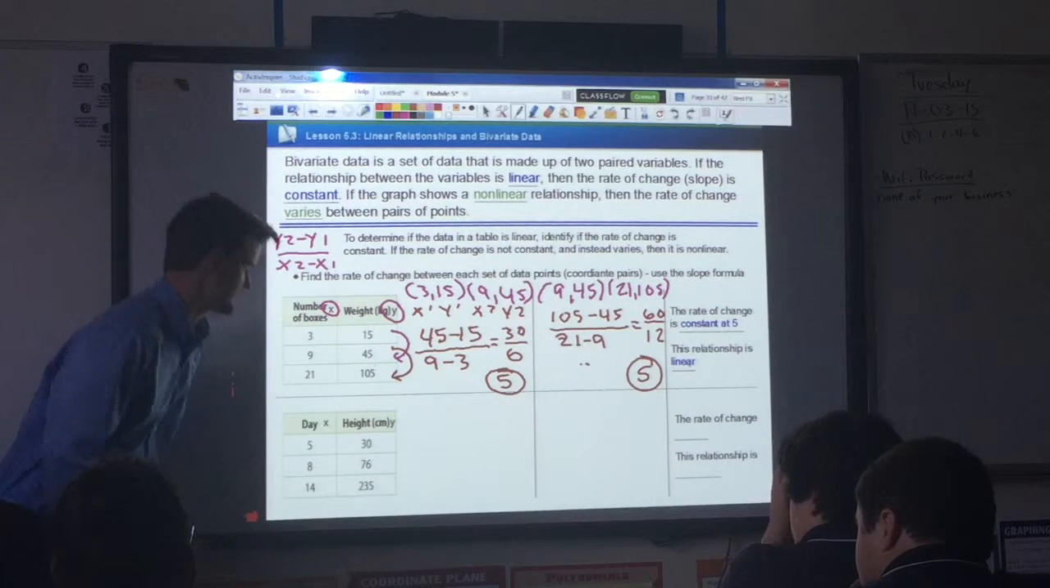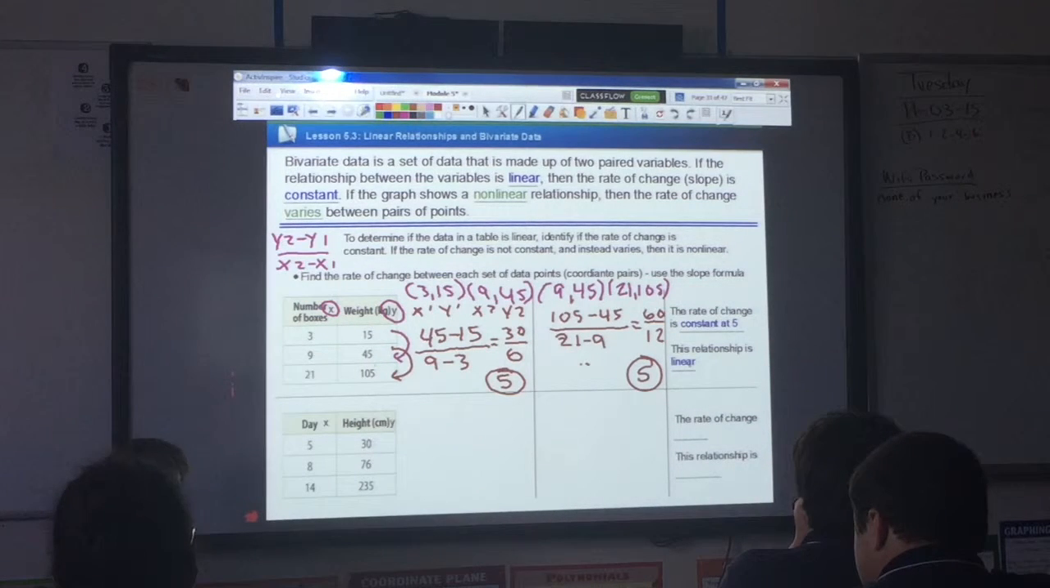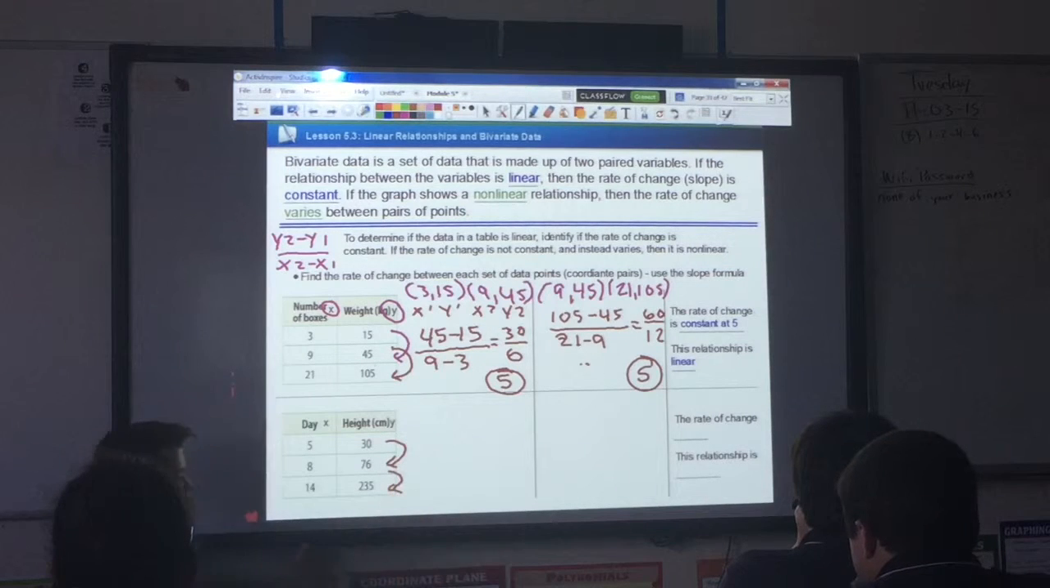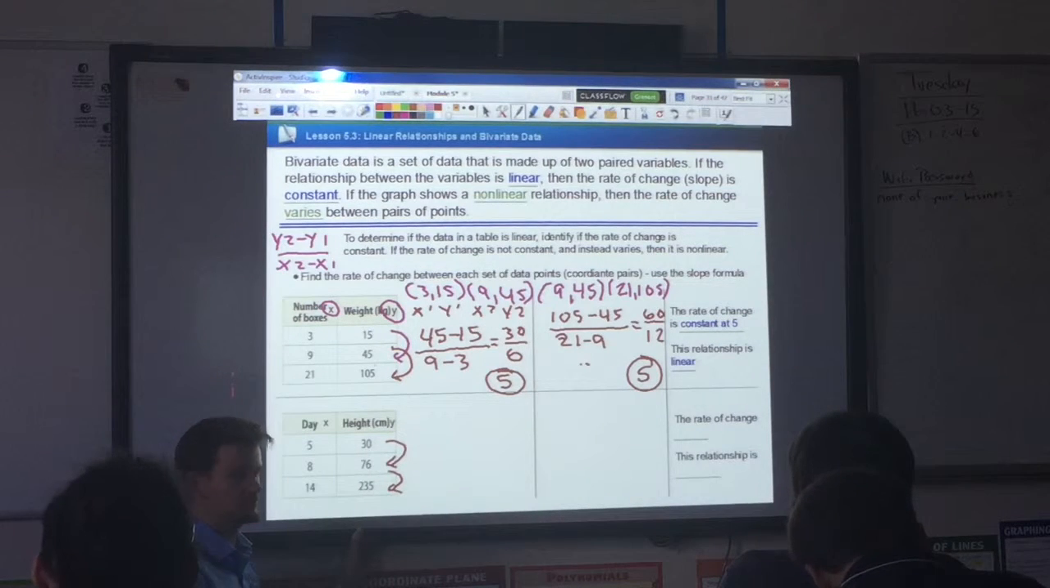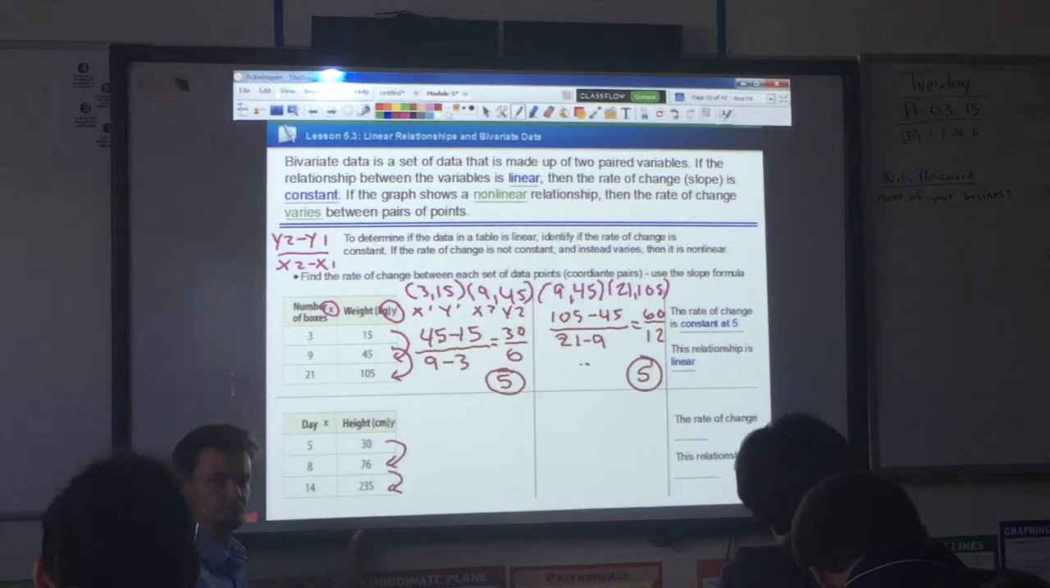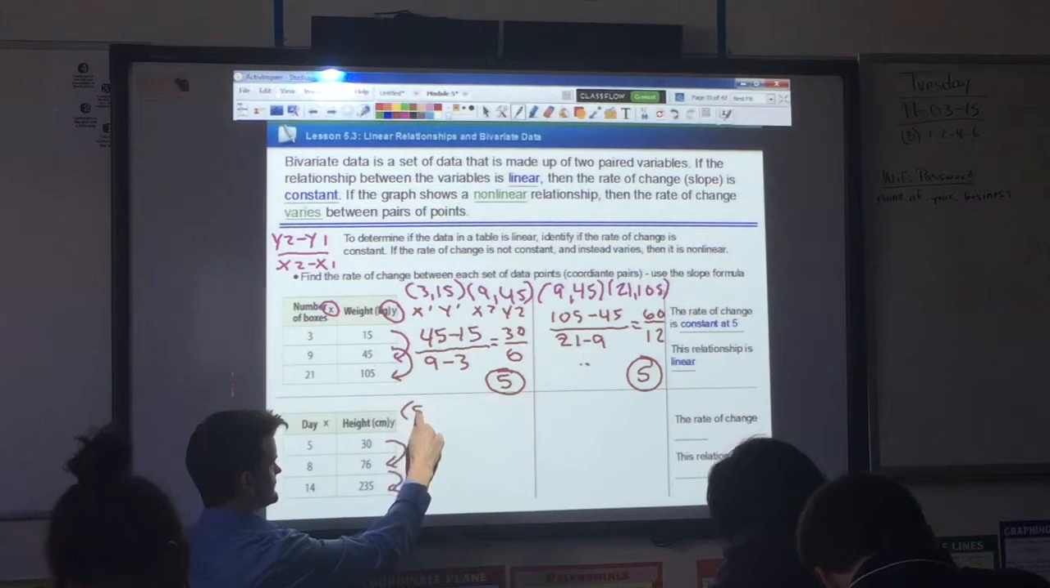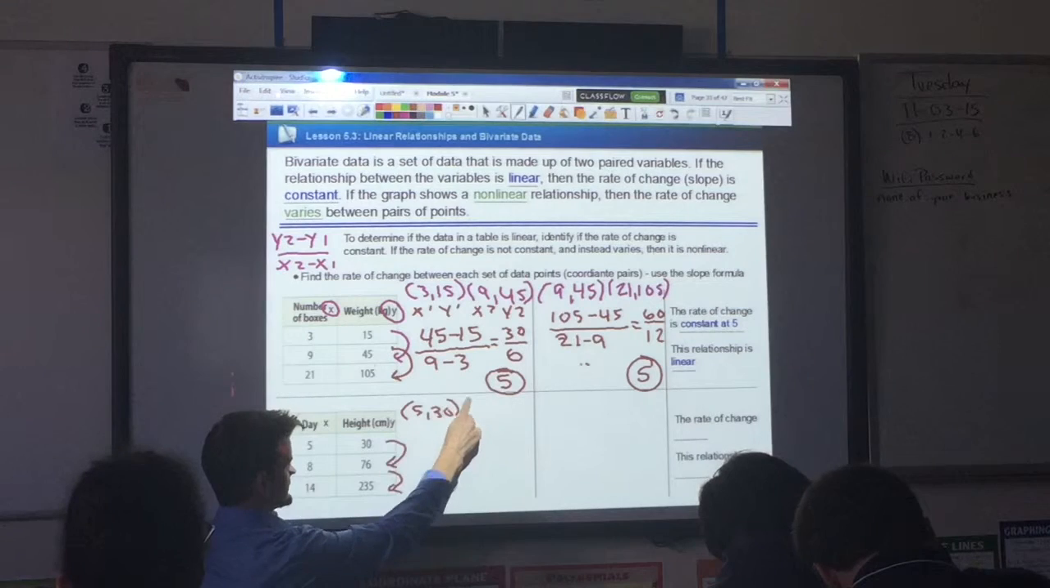Emily, help me with this problem. We're going to find the rate of change between these sets of points and then these sets of points. I'll assume that you know what the coordinate pairs are, and what y2, x2, y1, and x1 are. Tell me what I'm going to write. 5, 30. Those are my coordinate pairs. That's the first set. What's the next set? 8,